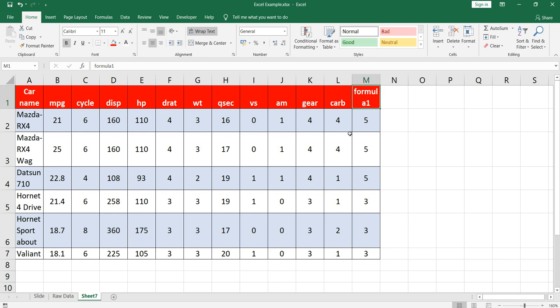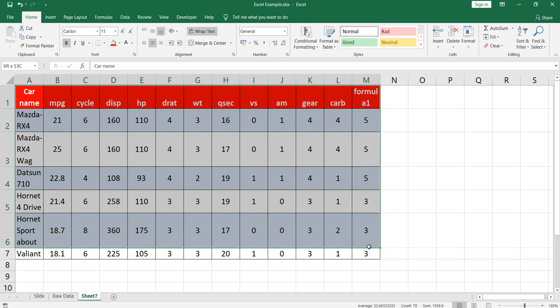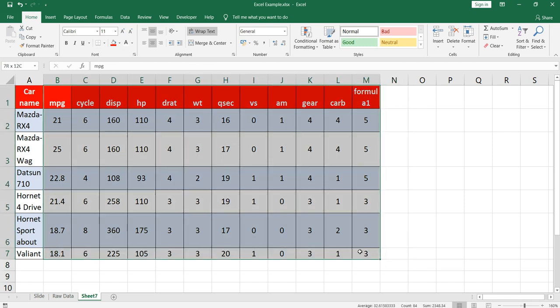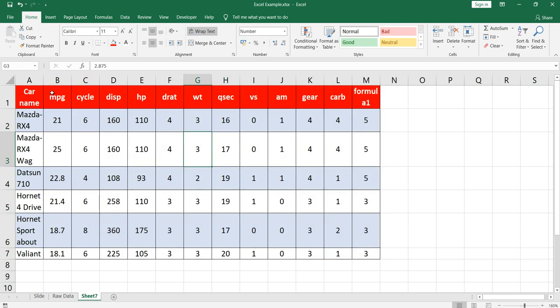So again we need to make sure that our data is appearing properly and we can have a pleasant view of our data. We have already used Wrap Text to see our data properly in the cell. Now we can format it as I have shown you in our previous video. I will click on this middle alignment so that everything from this header can be in the middle, and our data is already in the middle.